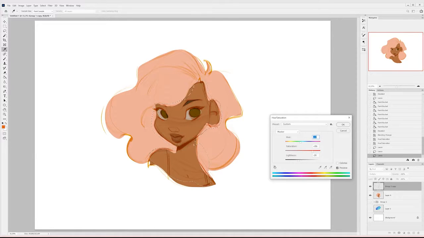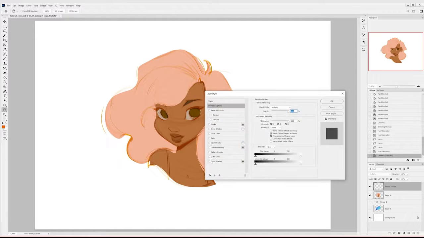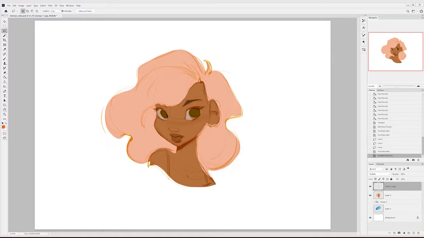So I'm just going to darken them, keep them very similar, but a darker version, maybe a bit more of a reddish version to work with the skin. So now you can see that the interaction of the lines with the base color is doing a lot more for the drawing as a whole. When it was desaturated like this, it just wasn't adding a whole lot, it was just there, weighing it down. And now with the colorful lines, it feels like it's being elevated, lifted up,